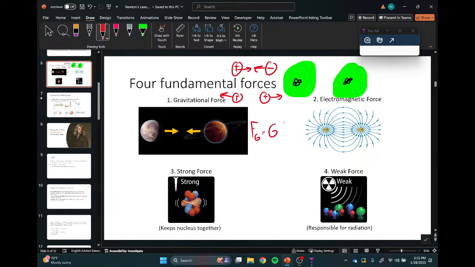Really, one of these comes down to something interesting. We'll learn in this class the equation for gravity is G m1 m2 over r squared. Again, don't worry about this for now. Mass, distance, the G is just a number. What's really weird is the electric force is k Q1 Q2 over r squared. So even though they're completely independent of each other, the equations look the same. It makes people think, huh, that's weird. So that's where some of these ideas come from, like maybe there's something unifying these. I don't even know the equations for the other ones.